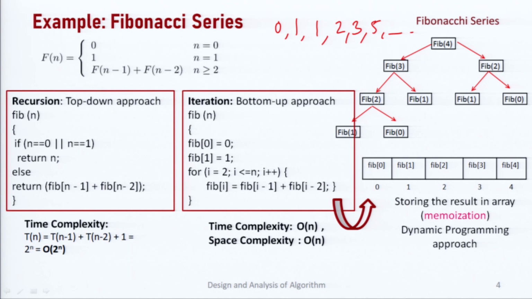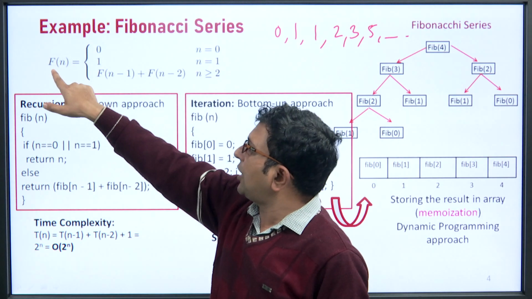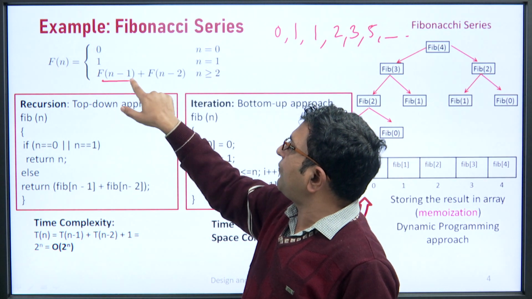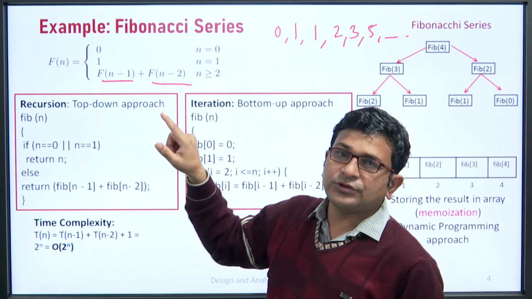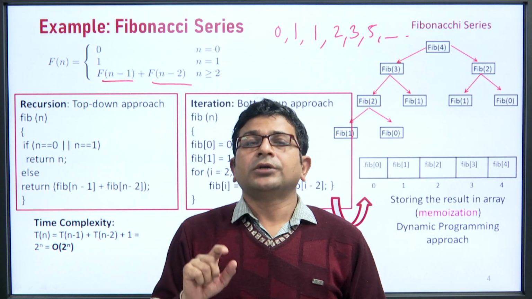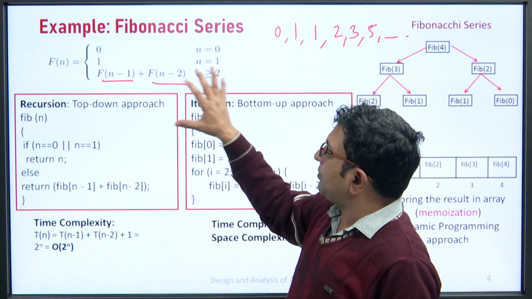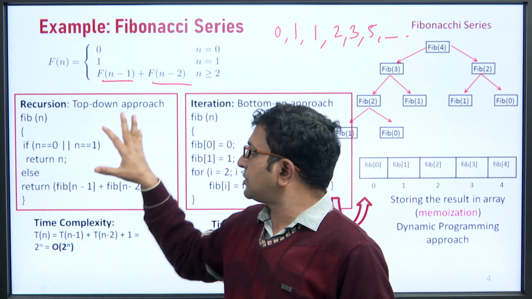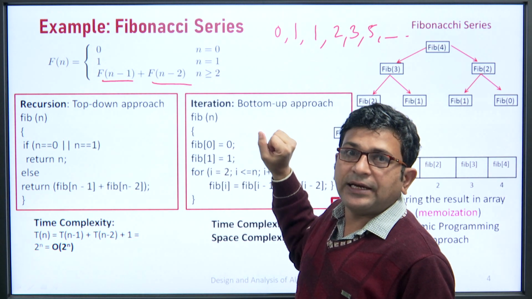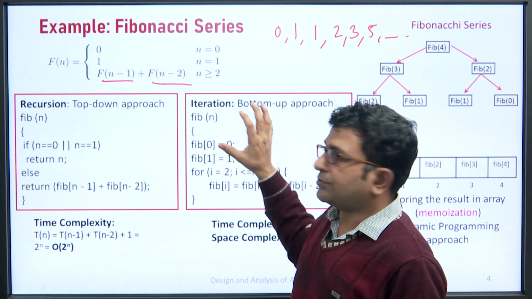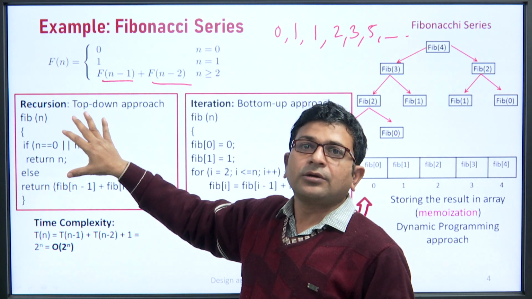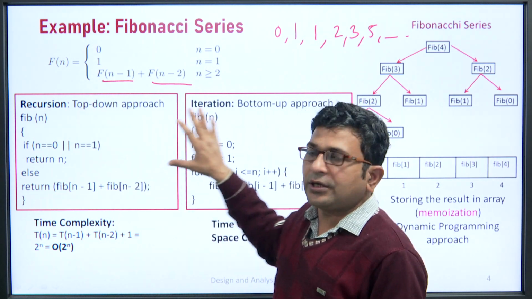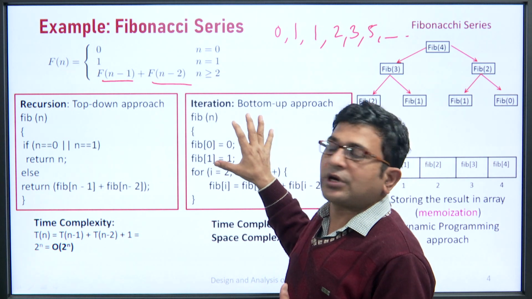So, if we want to write down a recursive formula for it, what will its formula be? F of n is equal to f of n minus 1 plus f of n minus 2, it is a well known formula. Okay. Now, just see, this problem can be solved by 2 methods. The first method is by recursion, that is the top down approach. The second method is by iteration, that is the bottom up approach, meaning this is the core divide and conquer method, and this is the dynamic programming approach.